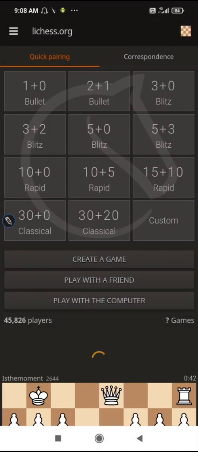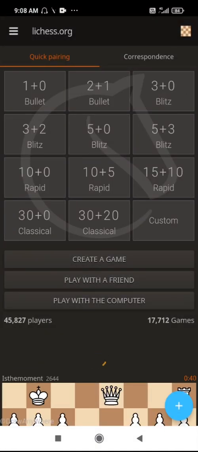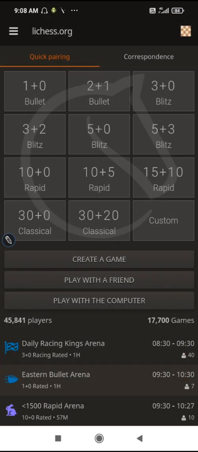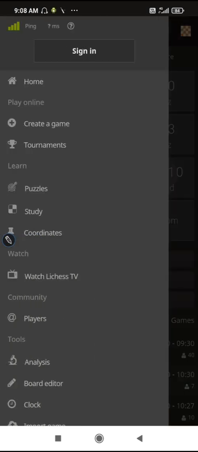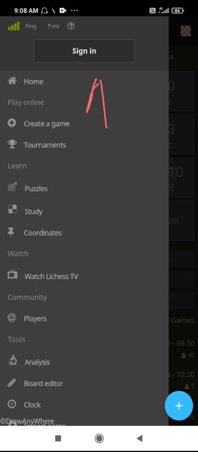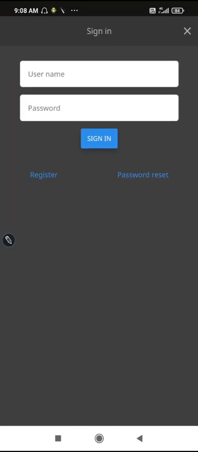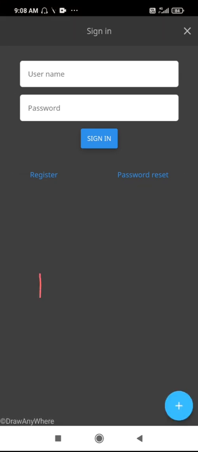What we should be doing is that we should look at this button over here. Now this is for those who are operating from the mobile phone. We are looking at this button. I'm going to press that button over there, and then I'm going to go for this sign in. I've clicked on the sign in. Now since this is my registration for the first time, I have to press over here on the register.